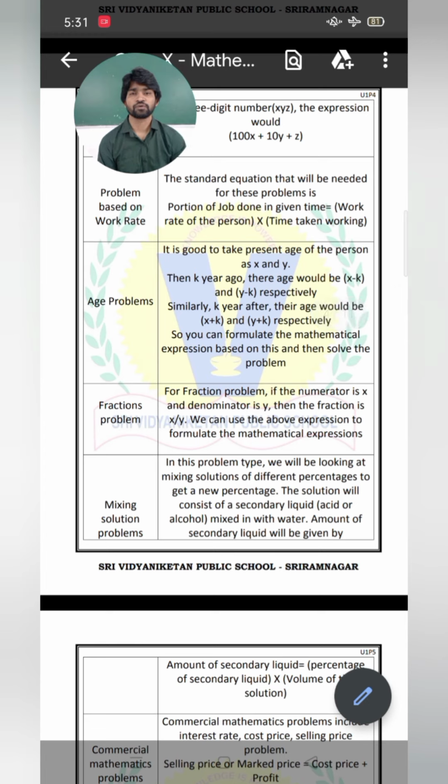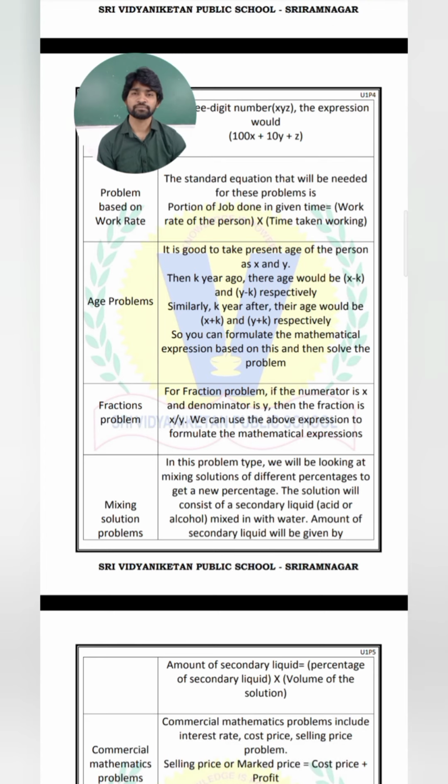Questions based on time and work. These are very important, and students tend to get confused here, because any work done you have to take as a whole, that is one. If a person is completing his work, we should consider that as the whole work, that is one. Let us take me. I can complete a work in 5 days. It means in 5 days I will complete my work. When work completes, you should consider that as one unit.